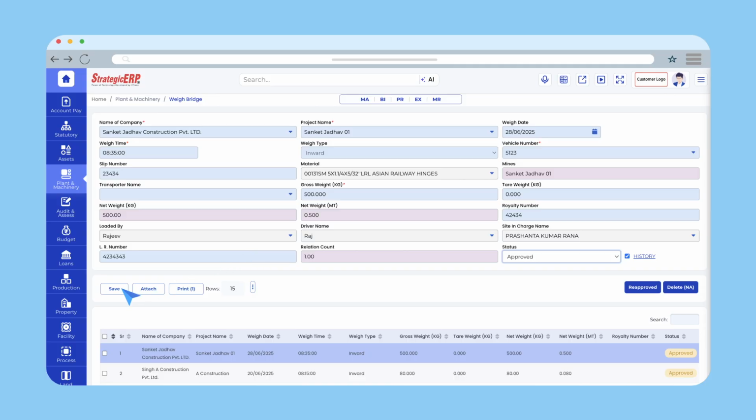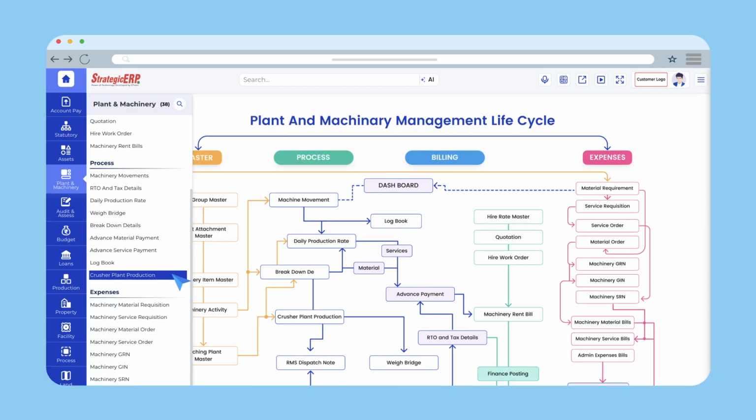Save the data so it will be stored in draft stage. Verify the information and get it approved by the concerned authorities. Once details are updated in the Weighbridge form, navigate to the crusher plant production form under the Plant and Machinery